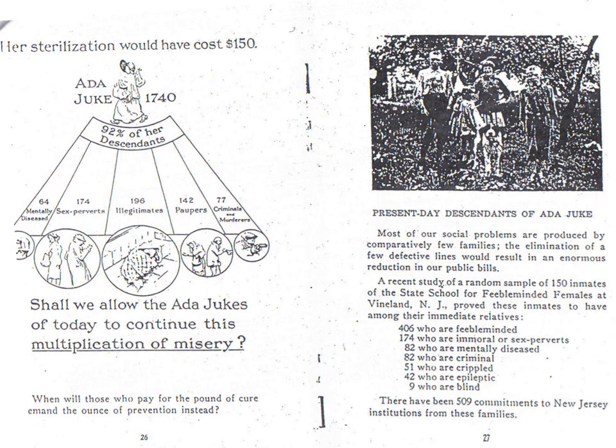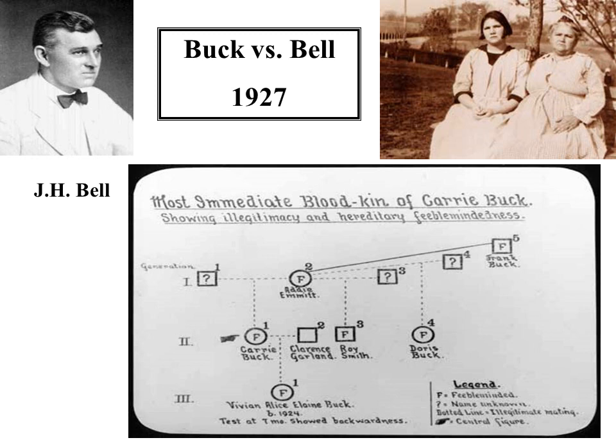So as you can see, these ideas were widespread throughout the United States. It wasn't just near Cold Spring Harbor. It went from Cold Spring Harbor all the way to California, Oregon, Washington. It affected our immigration laws. It affected a number of things here in the United States. As recently as 1927, there was a Supreme Court case. It's a fairly famous case decided by Oliver Wendell Holmes, who was a Justice of the Supreme Court.